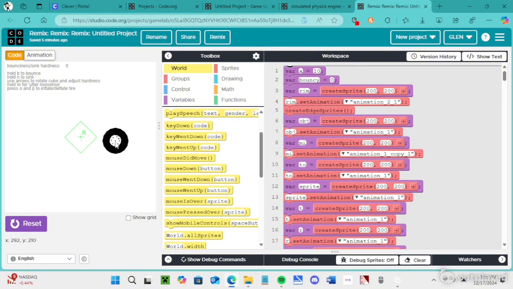So, we got this little tire here, right? I know, it's beautiful. I did so good. And if you put it on the cube, oh my god, it's squishing. No way. Who would have thought? Basically, this is a little soft body kind of simulation, and it's awesome. And I spent way too much time on it, and